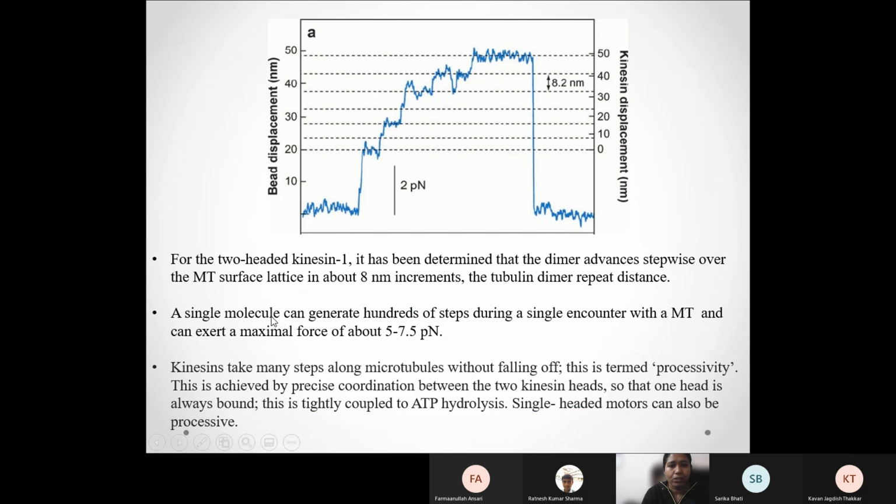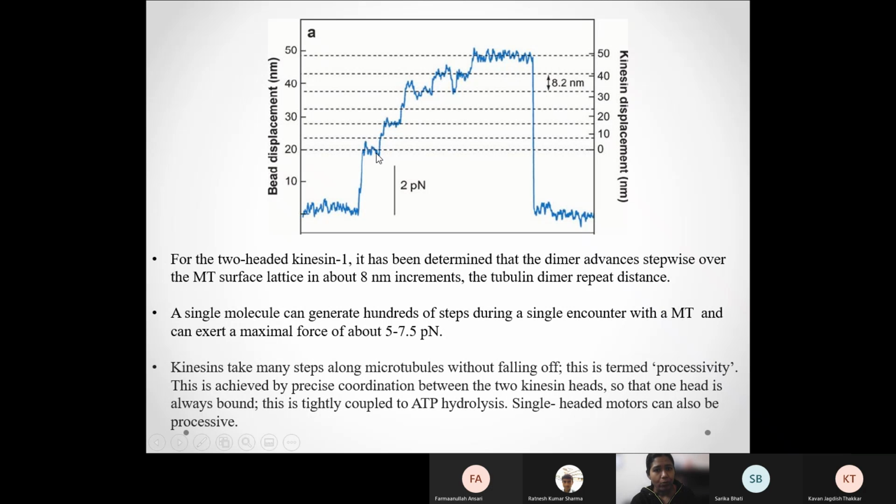So here is a situation where you can see that this bead, we are looking at the displacement of the bead. You see that the bead is moving about its mean position in the trap, and then the kinesin starts walking, and then you see it moves back again. Again there is a movement. Again there is a movement. So you see a whole range of these movements that take place before the bead goes back into the